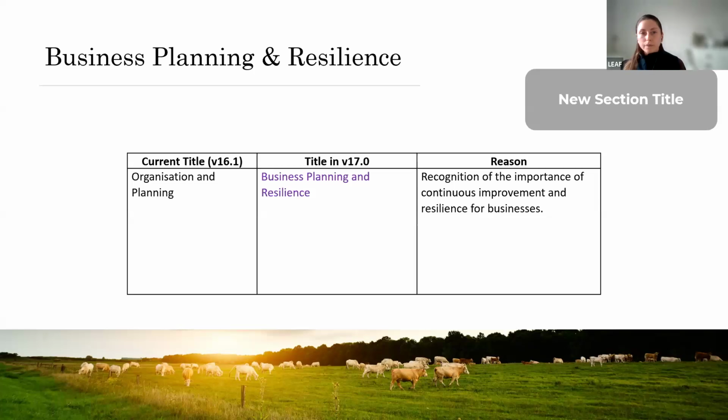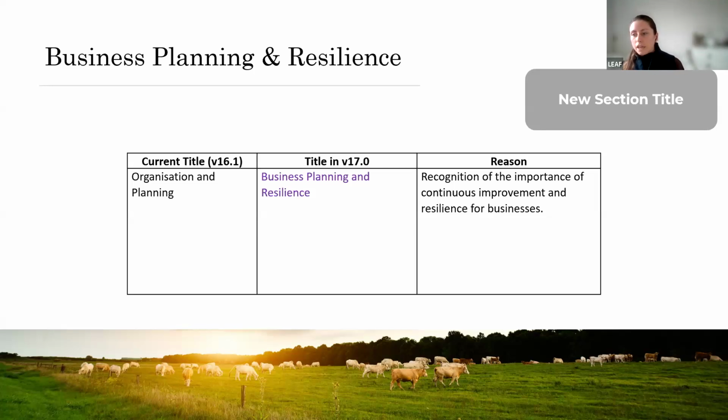So businesses are, as we know, facing a lot of increasing pressures, whether those be economic and financial due to inflation and rising costs, all the way to experiencing and navigating extreme weather events. And with the impacts of these different pressures having a potentially huge effect on the bottom line of the business, it's important that we're supporting businesses and planning for and understanding the potential impacts and adopting strategies to mitigate against these where possible.